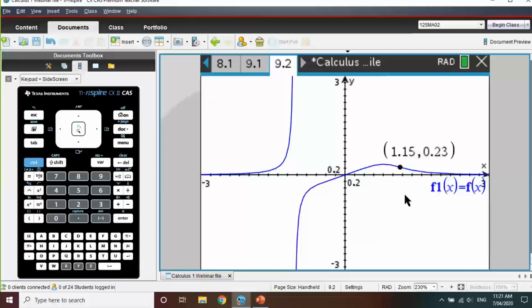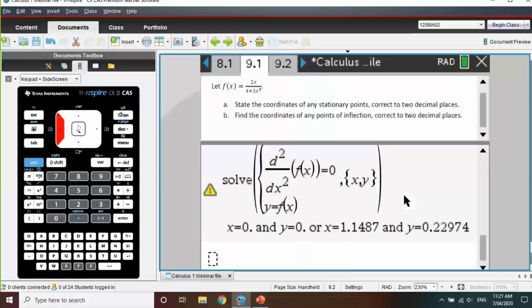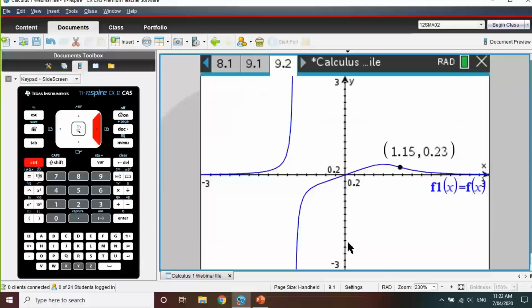Whereas if we needed a little bit more work, we might have to actually figure out what the second derivative is equal to 0, and then sub it in to get our y values. And I'll also say, another important point as well, is that if we use this Analyze Graph feature, at the moment, it is rounding to 2 decimal places. If you want some more decimal places,